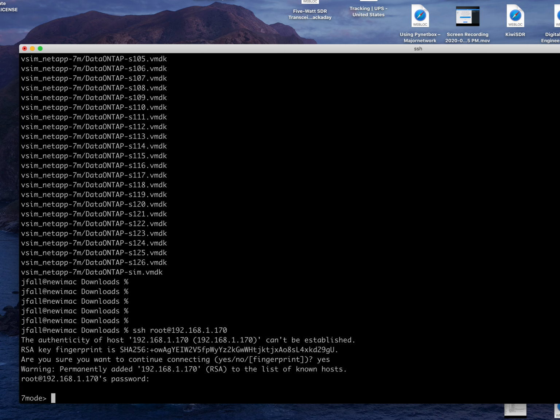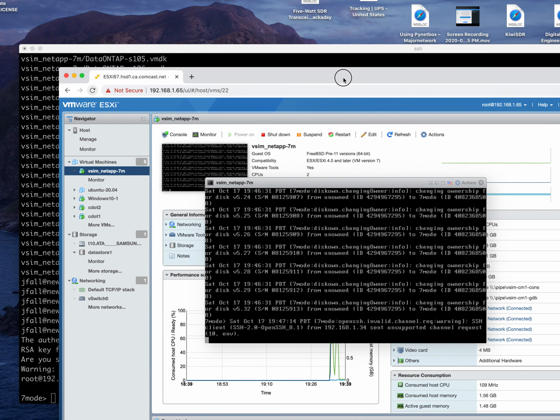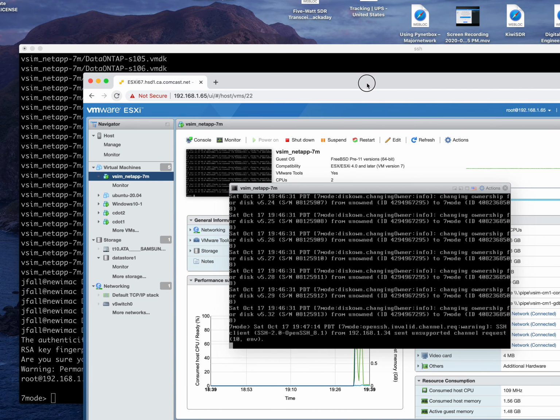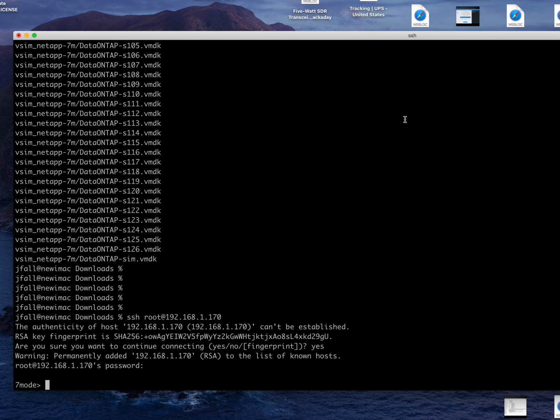So basically this window with SSH is pretty much the same commands as this one here, and it pretty much gets the same console output too. So it's kind of a mirror of this window, which is really good. So now the trick is we want to see if we can run some commands on this thing, and we want to do some enabling of options. So I think if we just say options here,